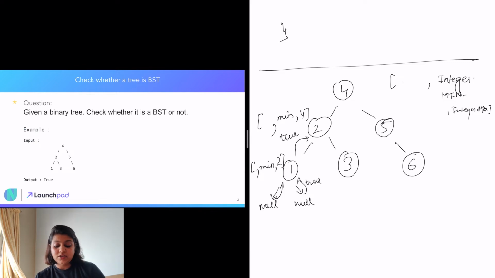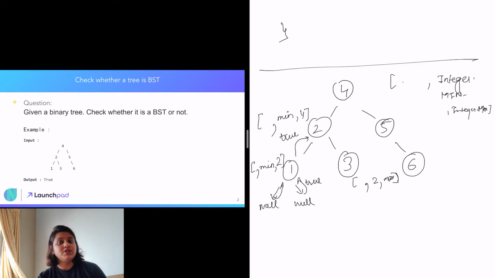And since for the node with value 2 the left subtree is a binary search tree, we'll go to the right. So for the right node, the min value is now going to change, because this is at the right path of 2, which means the minimum value it can have is 2, and the max does not get changed.